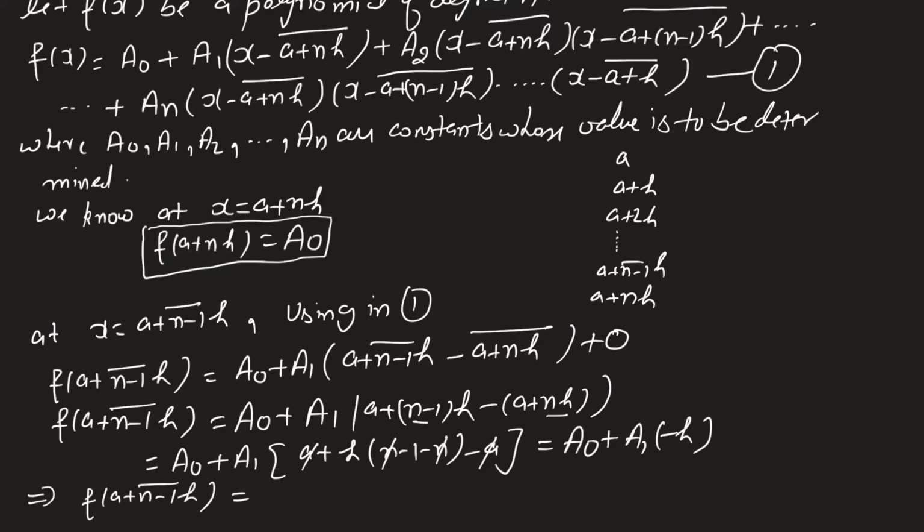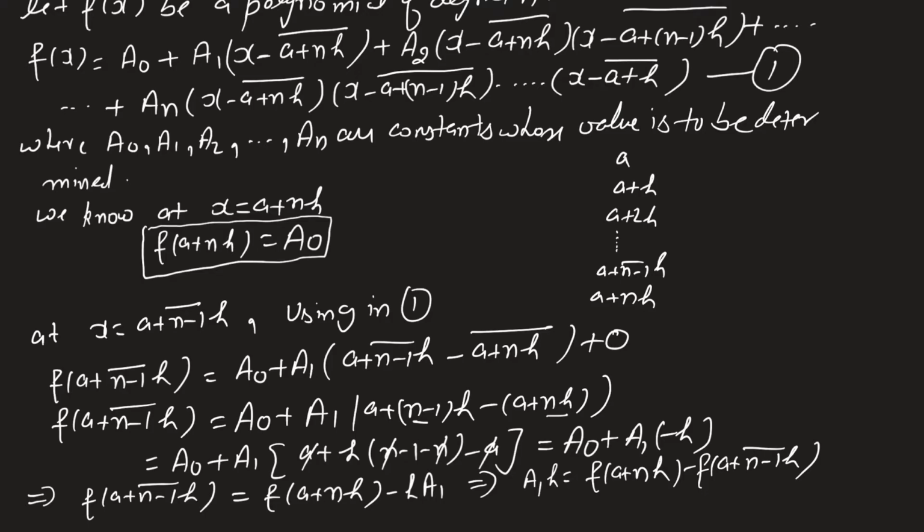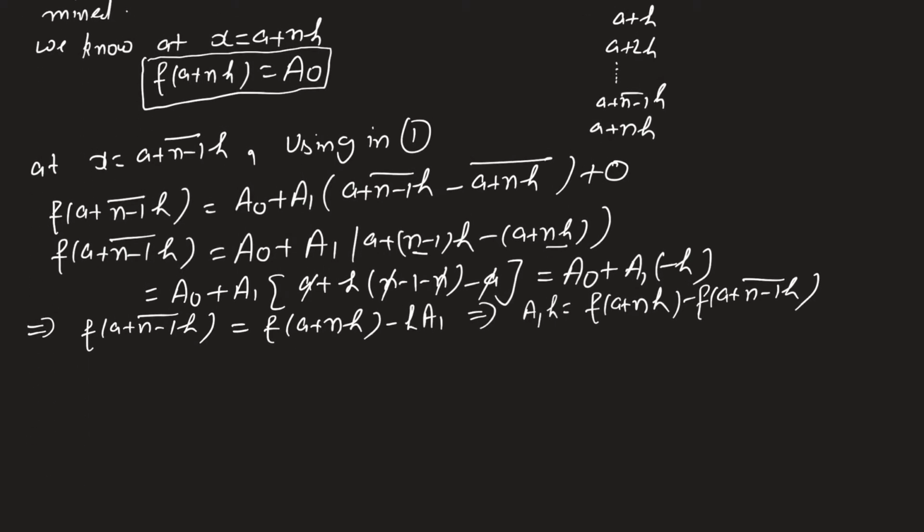Fine. And this implies that f of a plus n minus 1 h is equal to a naught, and a naught we have calculated as f of a plus nh, minus h a1. So I am going to take this to the other side, and this one over there, so a1 h is equal to f of a plus nh minus f of a plus n minus 1 h. This implies that a1 h. Now see